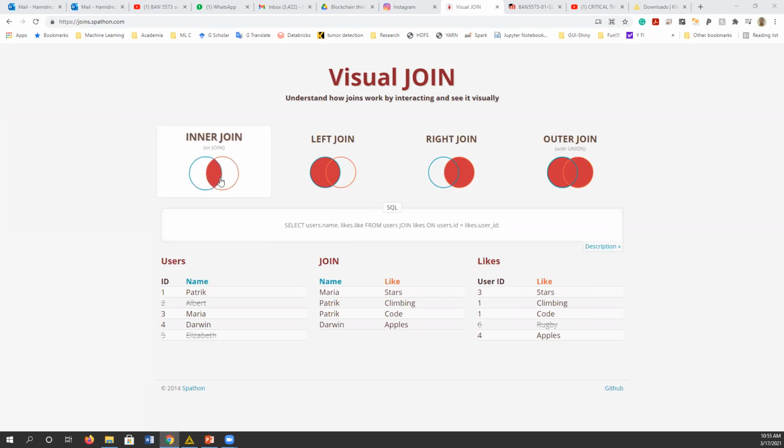Look at my data. One of them is the user table. I have ID 1 to 5 and the usernames. The right table, I have likes. So user ID and their likes. As you see, I don't have ID of 6 in my user table, and also I don't have ID 2 and 5 for the likes table. When I do inner join,